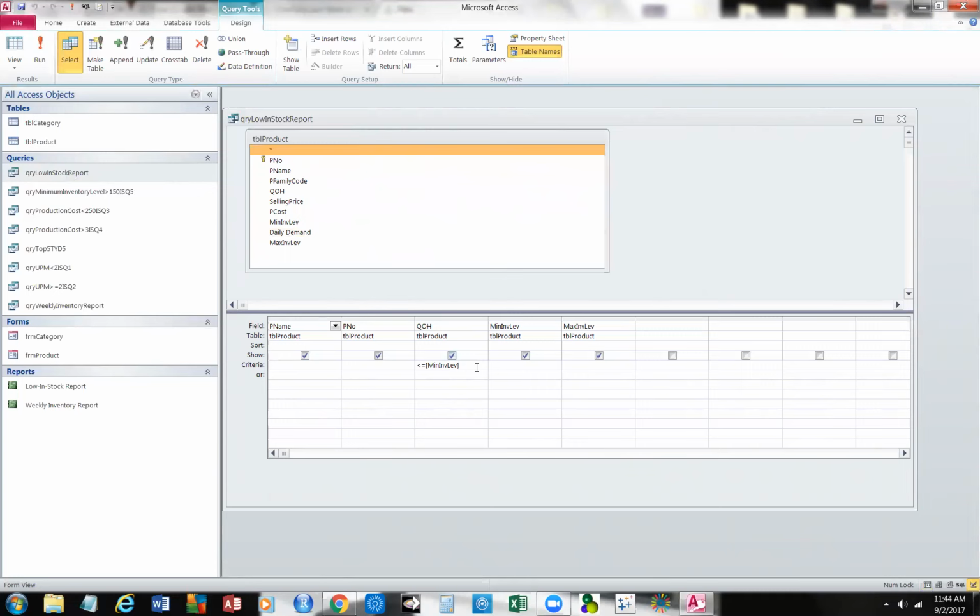All right. So we want to identify if it's at the criterion, and we list it out if it's equal to or less than the minimum inventory. So this is why it's called the low in stock report, because of that criterion. Okay, and there it is. And just to make it a little easier for you to see,